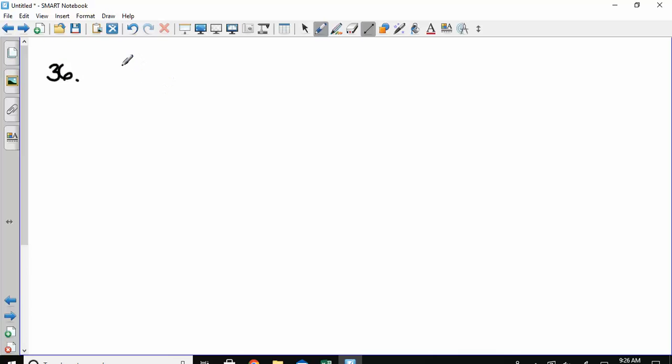Okay, so we need to figure out where these things meet. Do you think it would be easier to solve for x or for y here? It's easier to get x equals, I think. So we could,